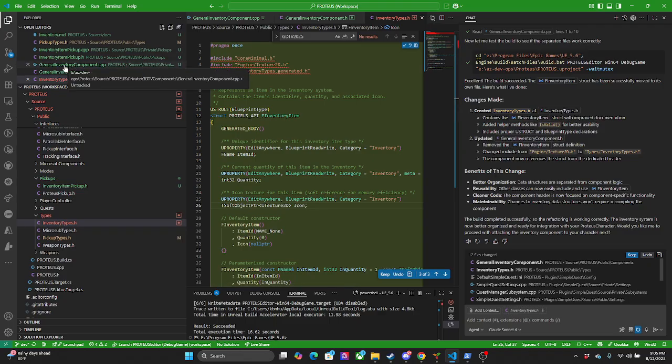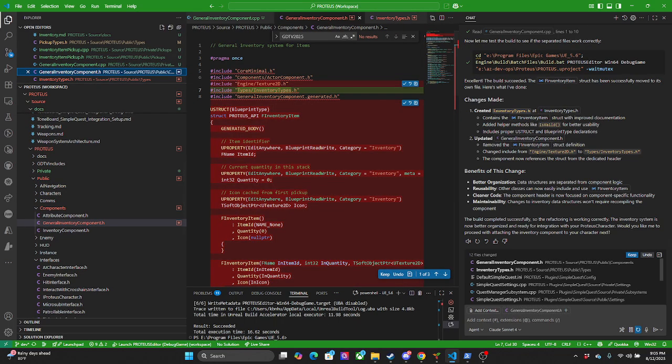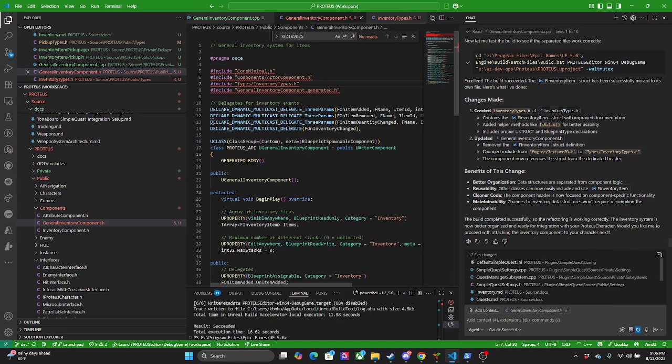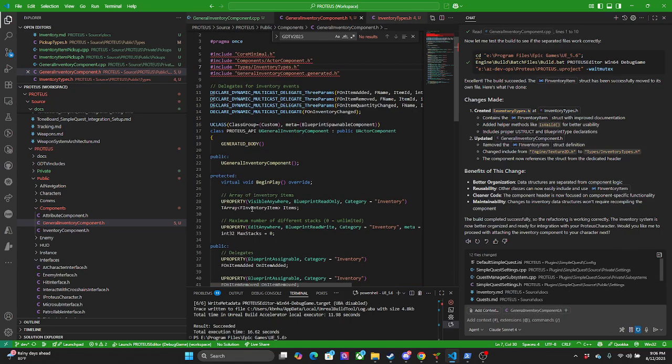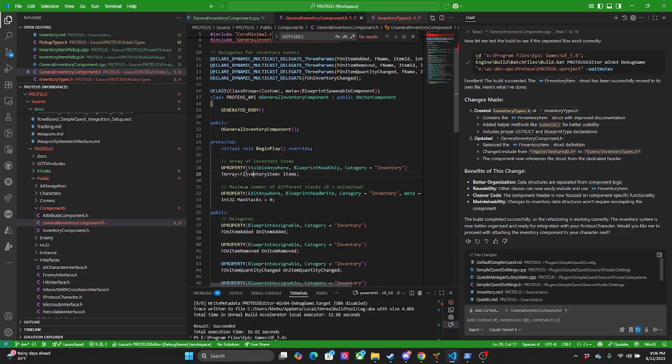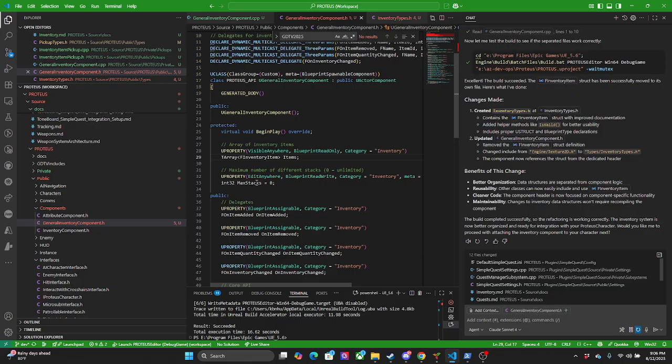On the inventory component.h, keep all this so it's not in play. We got our inventory items, which is the array of the struct. Max stack, max number of different stacks, unlimited. So if I can only have so many, we can put that there.